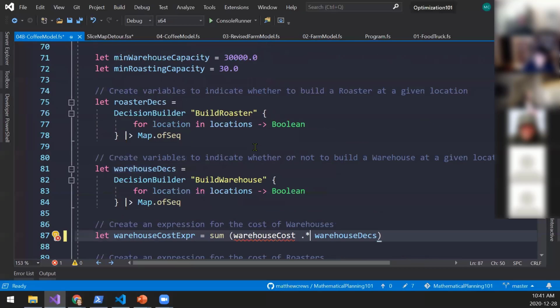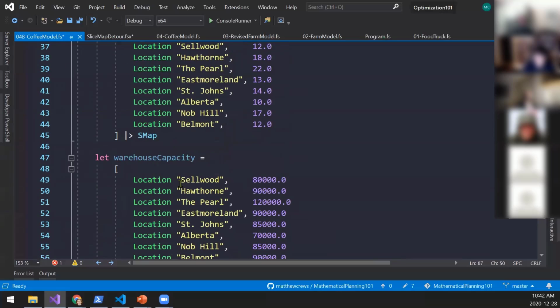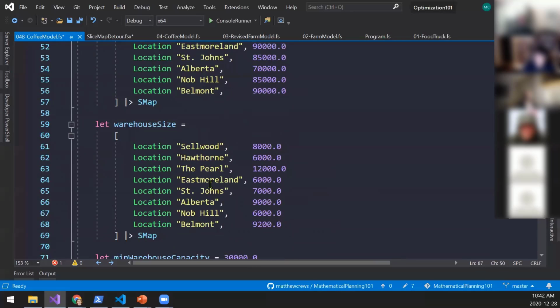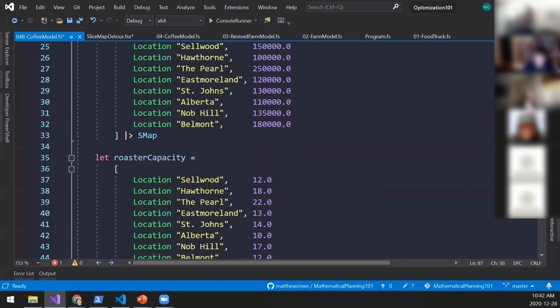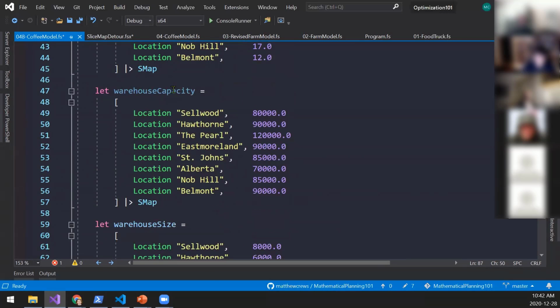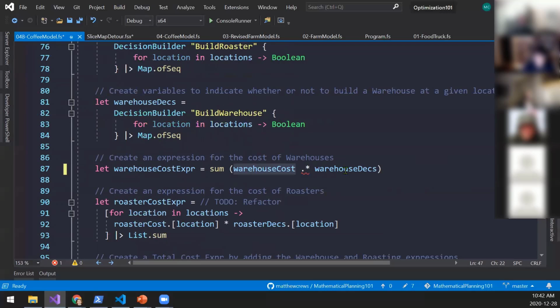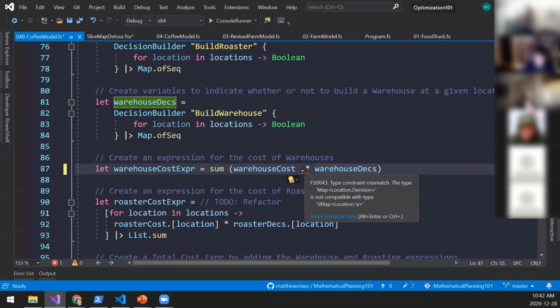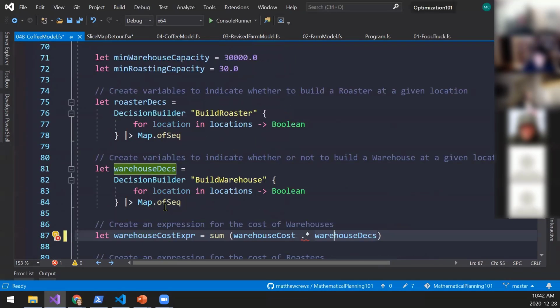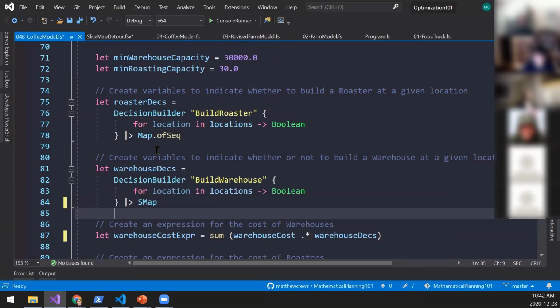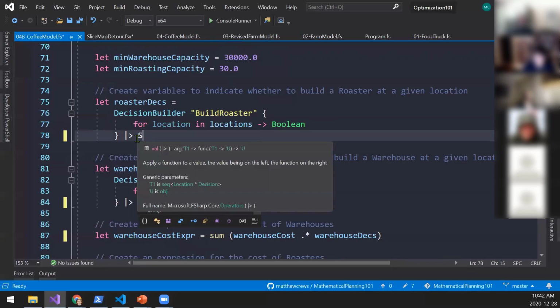One moment. Something got renamed. I have to refactor this as well, changing these from maps to slice maps.